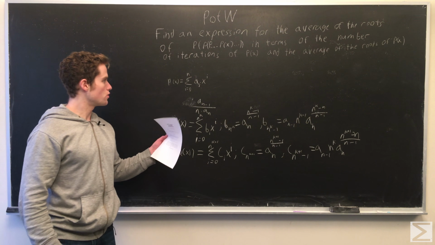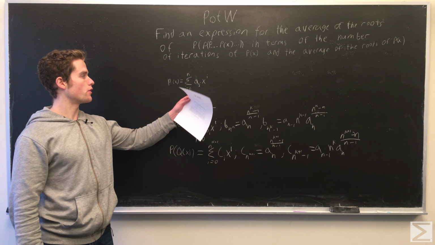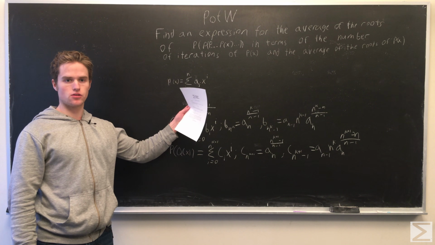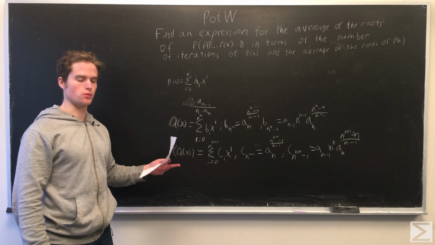By plugging q of x into p of x here, noting that we really just want to look at the q of x to the n term to get the highest two coefficients,